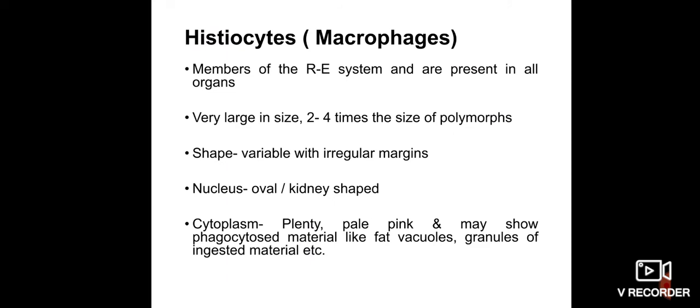Next we have histiocytes or macrophages. So histiocytes, as you all know, are members of the reticuloendothelial system, and they are present in all organs. They vary in size, but mostly 2 to 4 times the size of polymorphs. Their shape could be variable with irregular margin. Nucleus usually oval or kidney shape. Cytoplasm, usually abundant, pale pink, and may show phagocytosed material like fat, vacuoles, granules, or